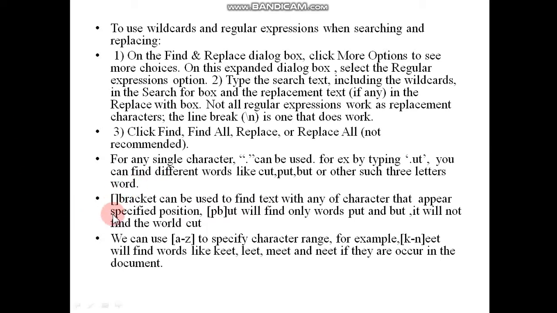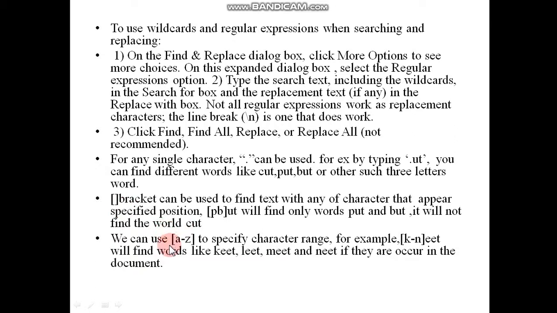Now, suppose you type a bracket, which can be used to find text with any of the characters that appear in the specified position. Suppose in a bracket you type PB and then write UT, then it will find only the words put and but. It will not find the word cut because there is a specification in the bracket, which we have given as P or B. So the word will start with P followed by UT, and the word starting with B followed by UT. Those types of words are found, not cut.